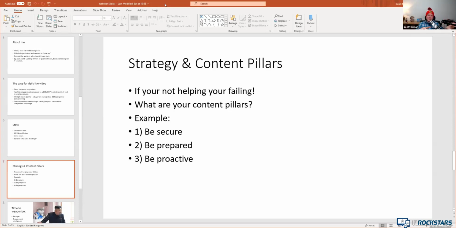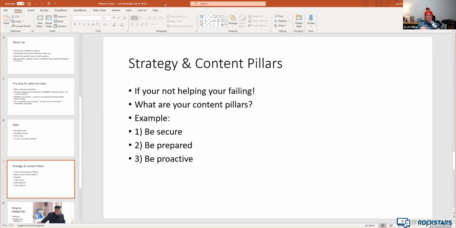So I've got 3 for IT Rockstars. The first one is build an audience online. The second one is educate that audience with quality content, and the third one is follow up. So those are my 3 content pillars. And what I use those pillars for is, if I have to come up with a topic or a story for the daily video, it has to be in line with one of these content pillars. So a really good example of this for an IT business, for someone like you,